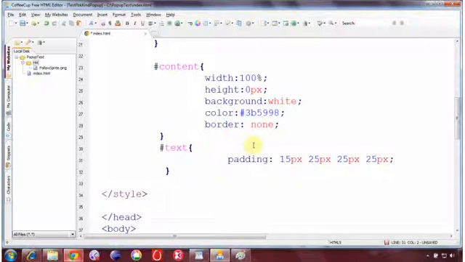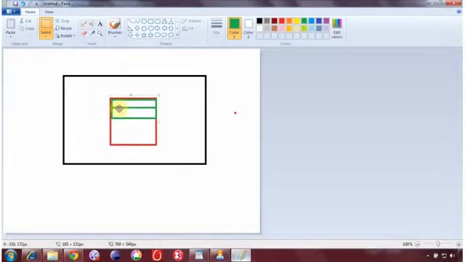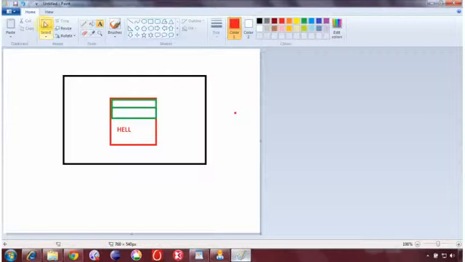Let me explain the concept behind this, what exactly it is. Let me come back to the pen brush. When you have an element, any block element, what exactly is the padding? Suppose I have a piece of text over here, let's call it hell. Inside this container by default this content comes over here at the top position. Let me just select it from here to make it very clear. It appears over here.